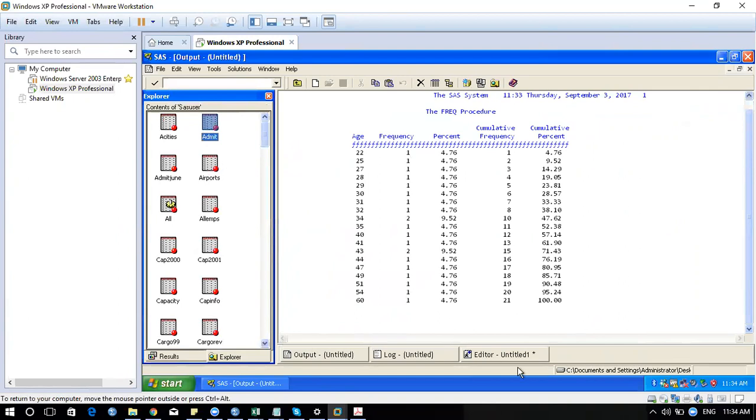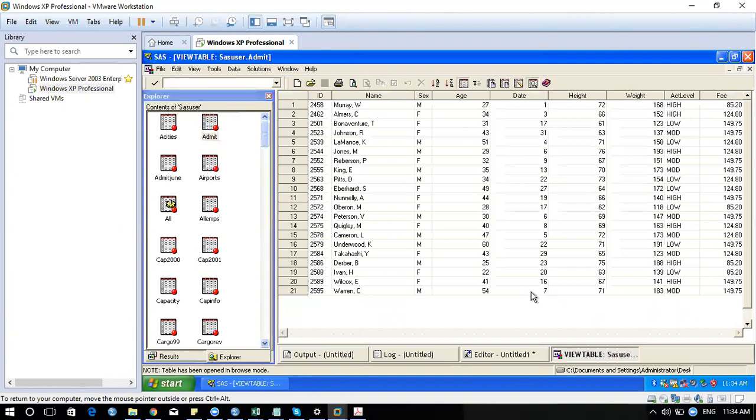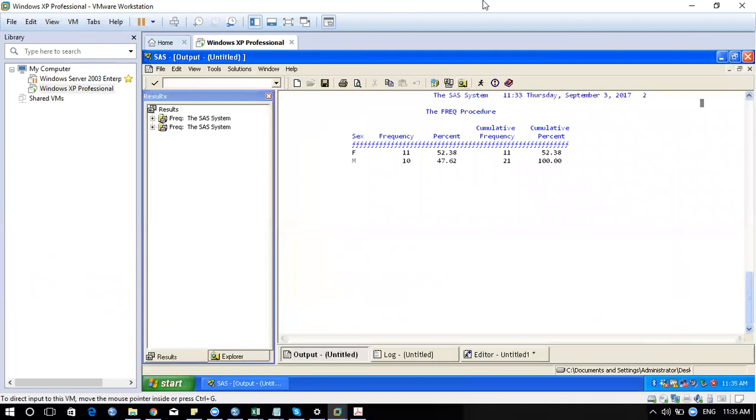Now, if you try to get this frequency for gender, which is mentioned as sex, it will say how many male and how many female there are. It's giving me a result where the total count is 21. In this, female is 21 and male is 11, 10.